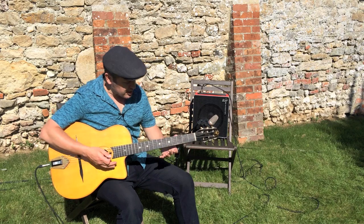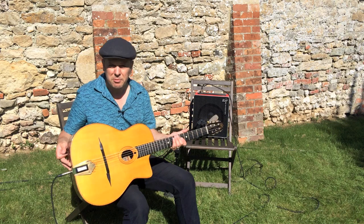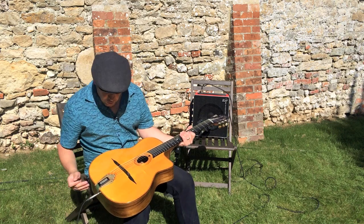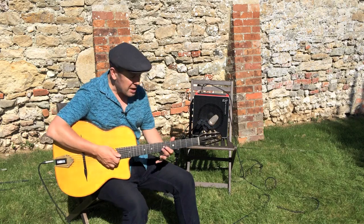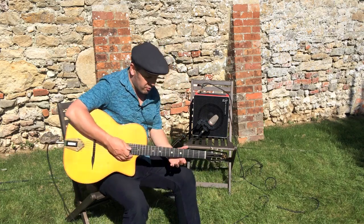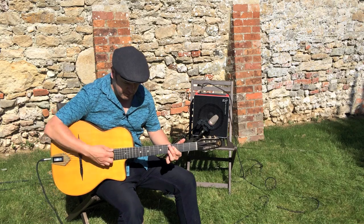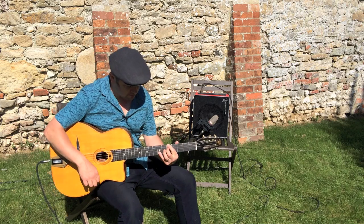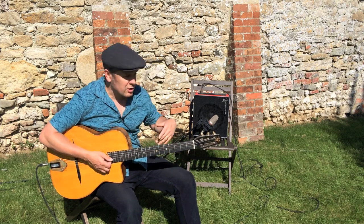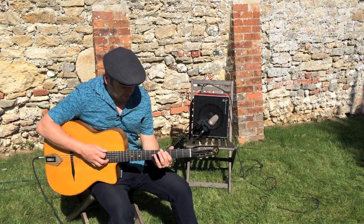So here we are with this second guitar. This is a Gallato, fantastic guitar. This is one of the first ones from the sort of beginning of the 21st century. And it's got the piezo pickup, the big tone. Look that up on Google and you'll find that pickup. And it sounds great through this amp as well. So just to give you an idea without the amp, so just listening to the acoustic mic that I've got here, just the ambience. So it does have a different sound to the Alex Bishop guitar, and with the lead added,